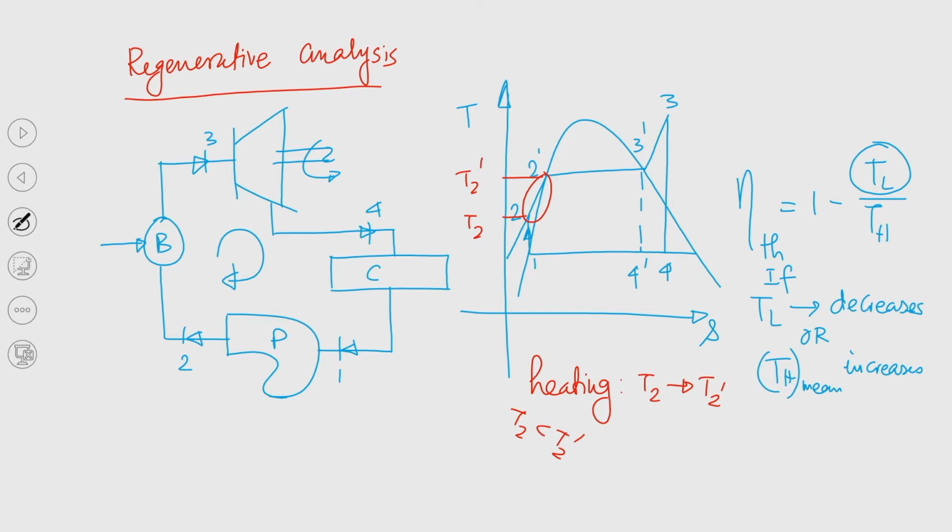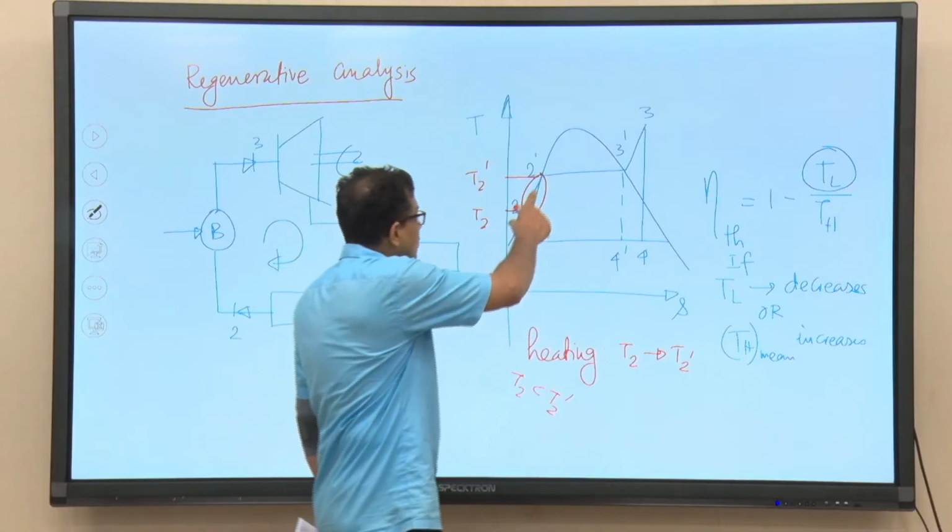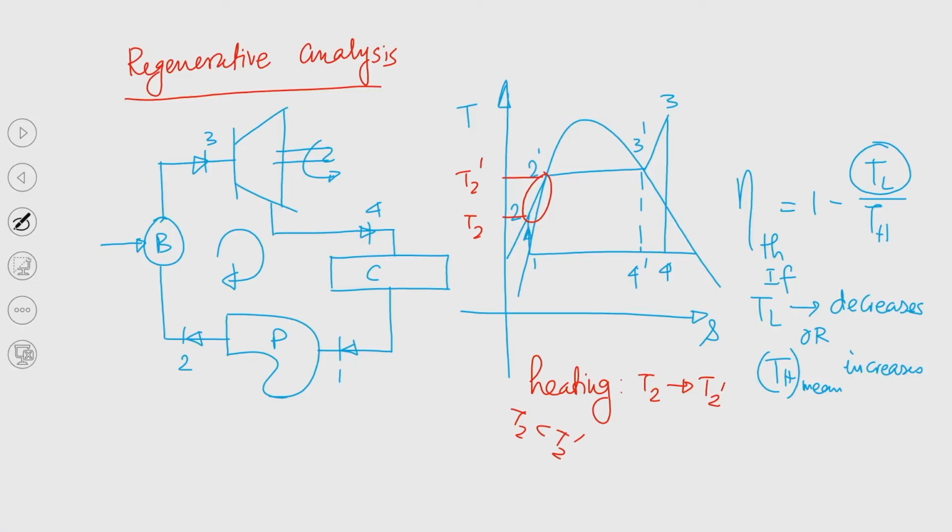And try to understand, we have discussed in one of my previous classes that this part of heating lowers the average or mean temperature of heat addition. So, definitely we can look into all these aspects like superheating steam and then reheating, but why can't we look at this particular aspect? Can't we think about increasing the temperature of the feed water before it enters the boiler?